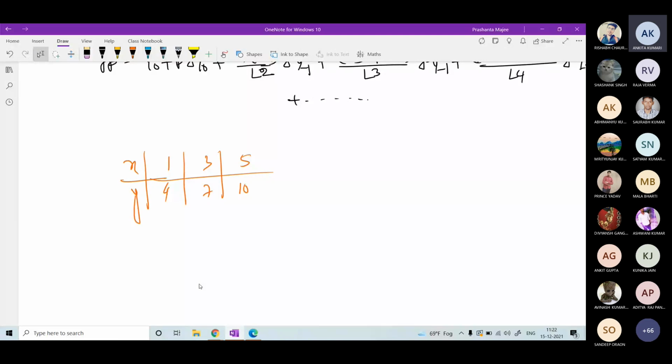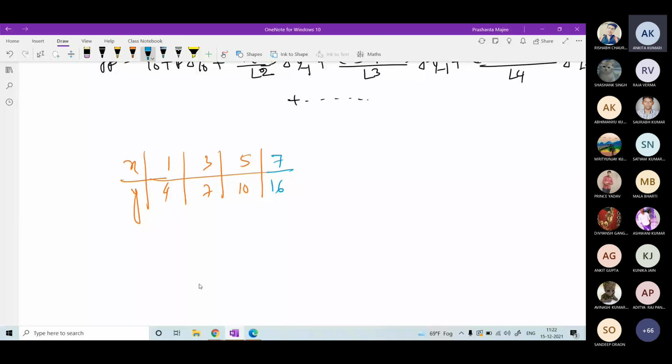You can apply Newton's forward difference, you can apply Newton's backward difference, you can apply Gauss forward, Gauss backward, anything, because they are evenly spaced. So if now I add one more data point, suppose that is (7, 16). So can we use the previous calculation, the calculation for first 3 data? Can we use it for this new set of data points to determine the polynomial?